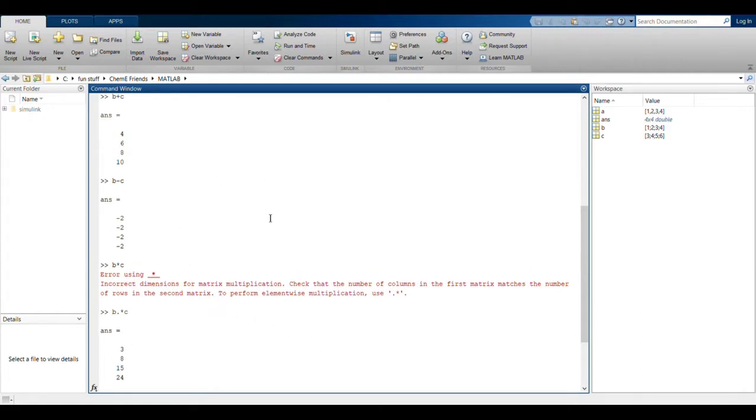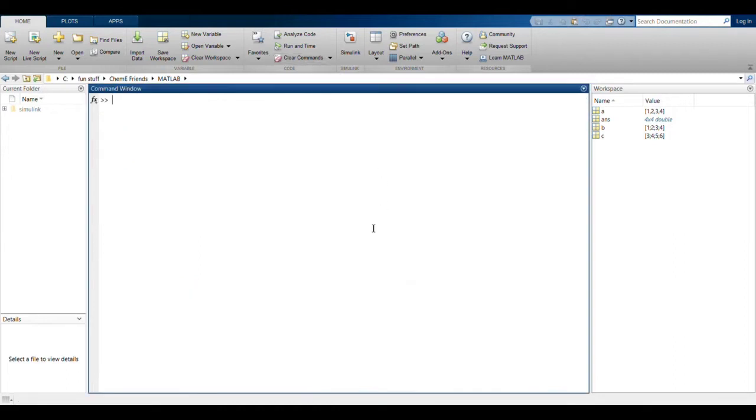Okay, so it's all crammed up, so we will clear the commands, but you can still see my matrices are saved in the workspace. Now we will try to do an inverse of a matrix. So we can write another matrix, d variable. We are saving it in d as a dash. This will transpose the matrix. So a equals 1 2 3 4, which is a row matrix, and d becomes 1 2 3 4